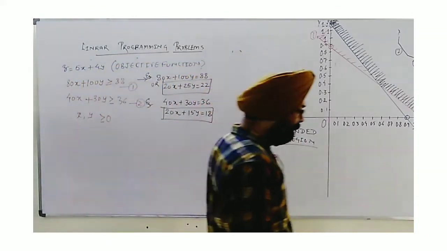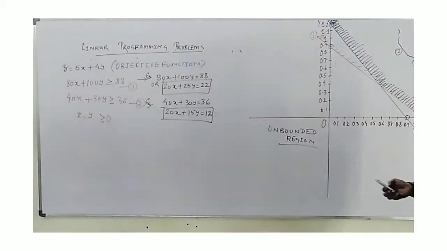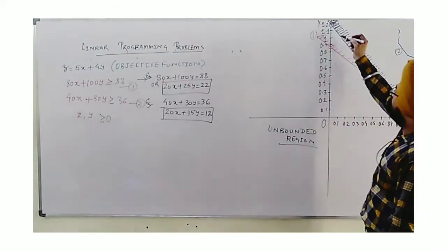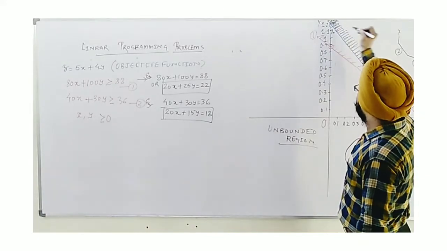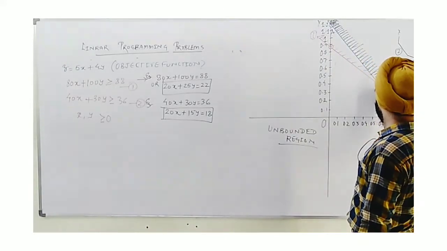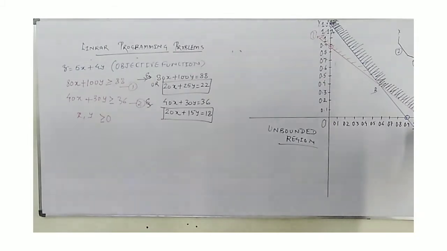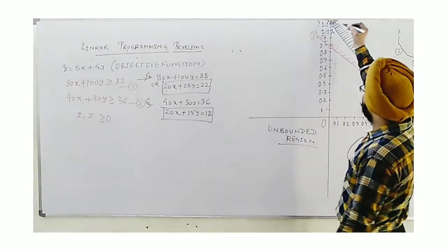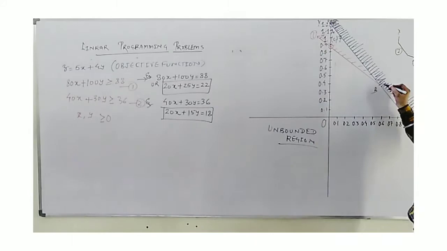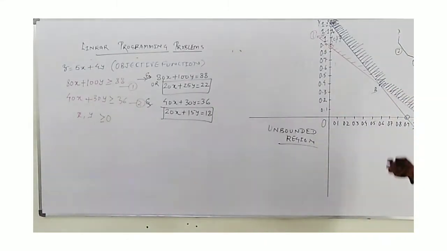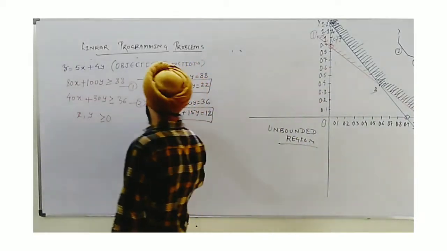Now, just like the case of a bounded region, we mark the corner points. I find this is one corner point, the first corner point. This can be named as A. The second corner point is here, B. The third corner point we are getting as C. Now, C is what? It's (1.1, 0). A can be written as (0, 1.2), as is clearly visible. Now, this is the solution: the intersection of the first and second. So we can solve these two lines here.